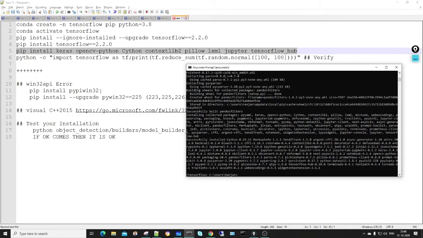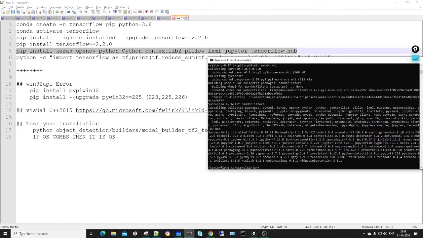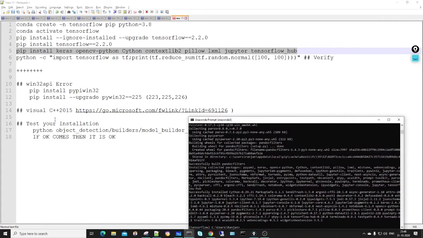If you are not able to install this library, you can do pip install --upgrade and specify a version. If you are not able to install 2.5, you can try this version. The second error you may face is related to the Visual C++ library. If you are facing any error related to Visual C++, you can download the setup given in this link.